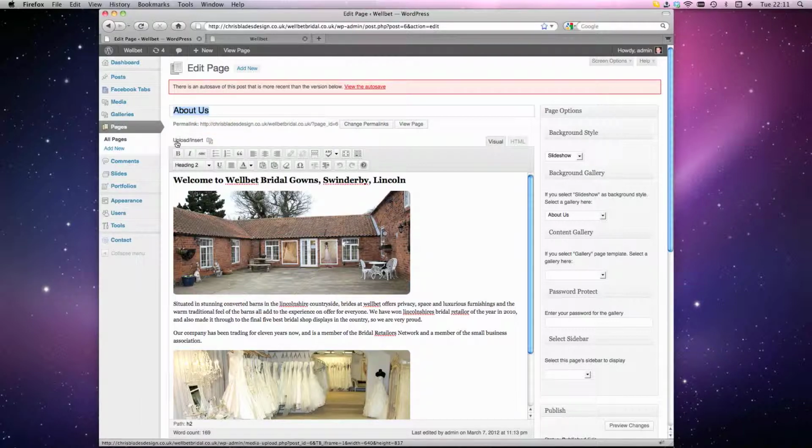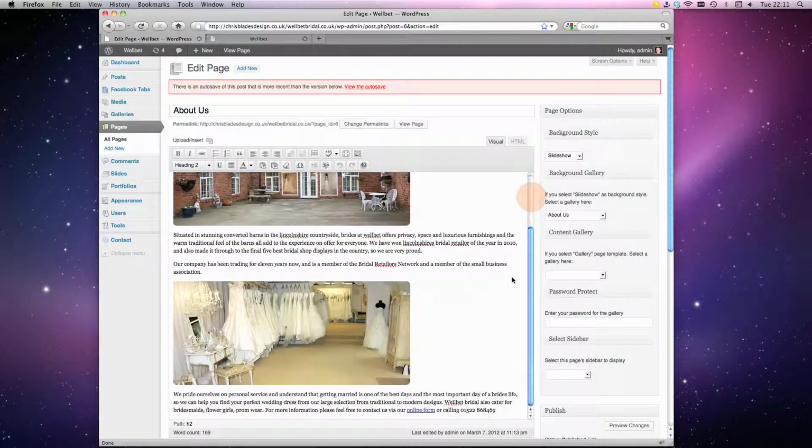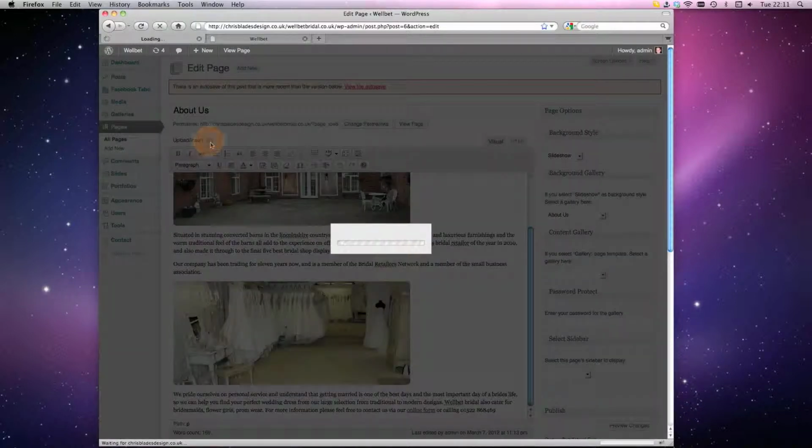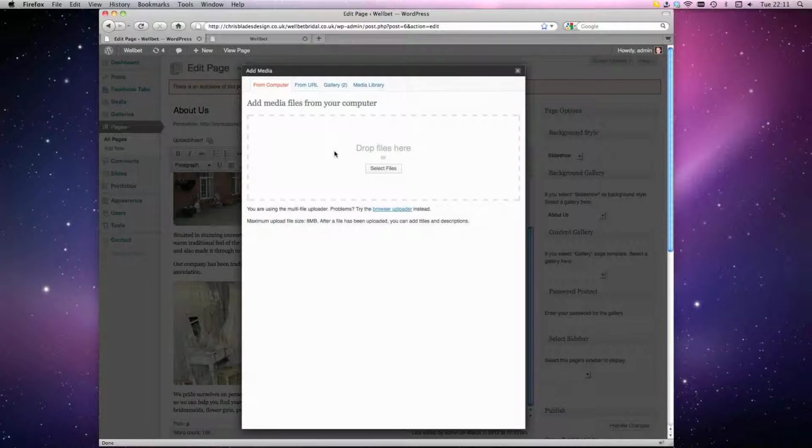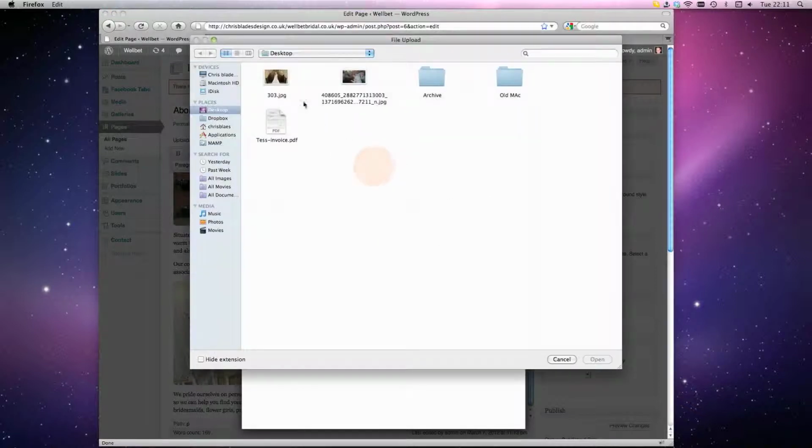Underneath it you've got the option to upload and insert. So wherever in the main content you want to upload and insert a new image or a new PDF or movie file, select the upload insert. It'll bring up the new upload box, and from that you're able to upload images from your computer itself by selecting files,